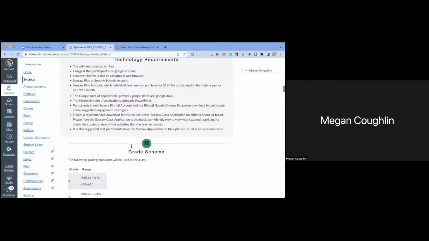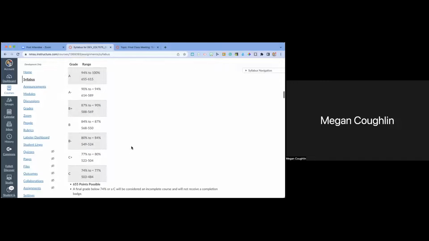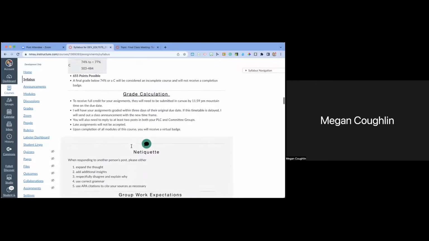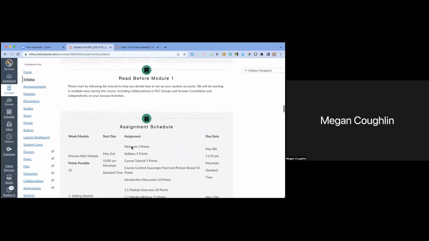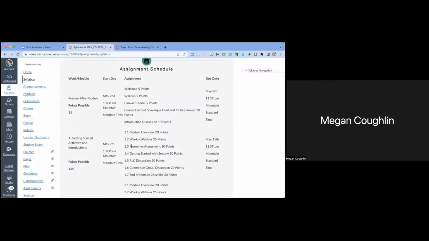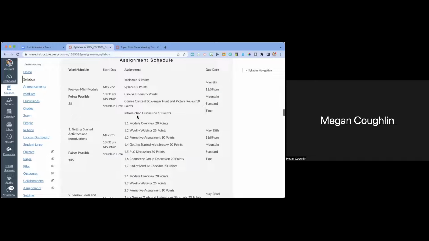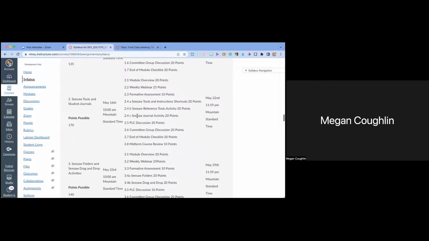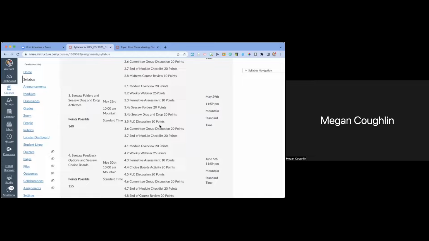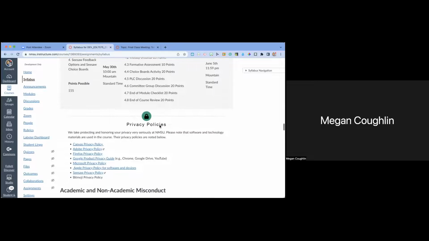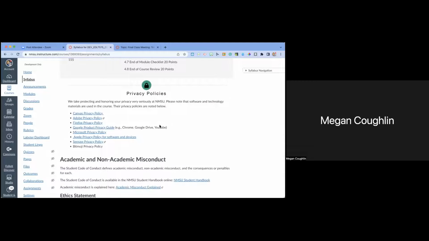Technology requirements and my grade scheme. Grade calculation and netiquette, group work, and my schedule of things. So I have my mini module and then my 4 regular modules with due dates and points possible and all the due dates. So there is all of that.